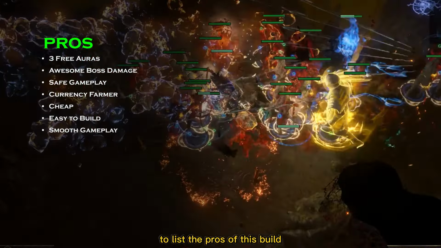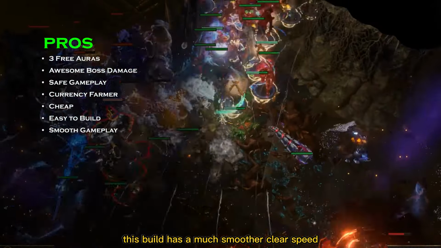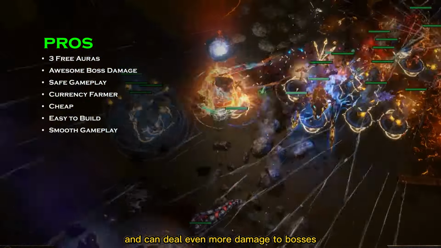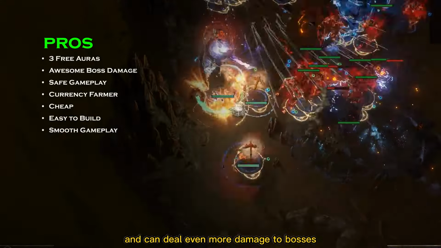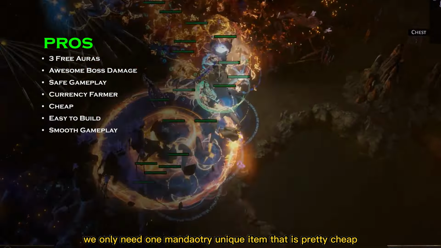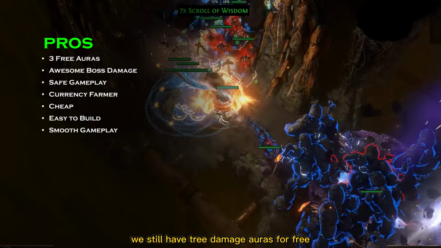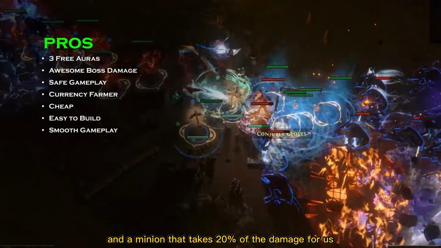To list the pros of this build, I would start with how balanced it is. Unlike the Mage Skeletons, this build has a much smoother clear speed and can do even more damage to bosses. This build also is not complicated to put together, we only need one mandatory unique item that is pretty cheap. Above all, as a Guardian, we still have 3 damage auras for free and a minion that takes 20% of